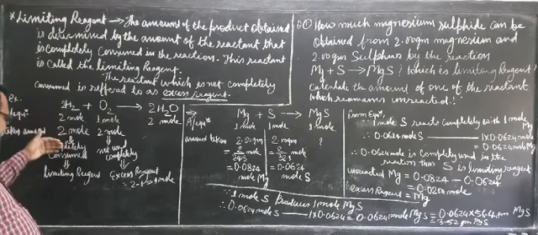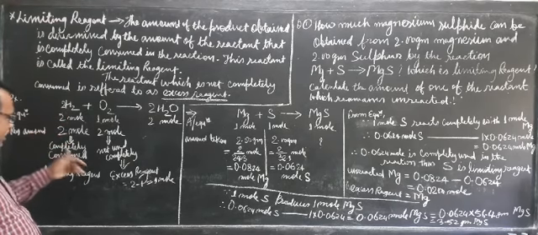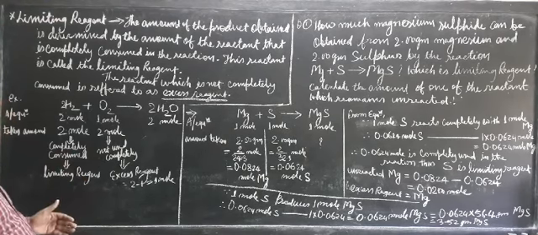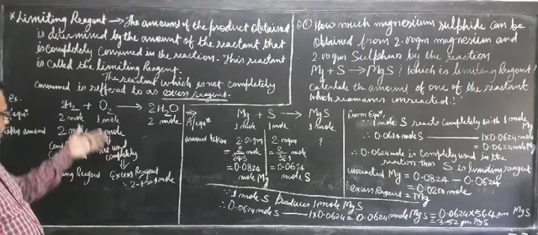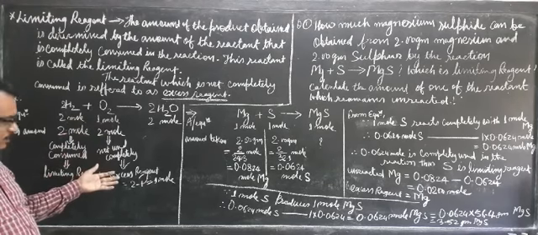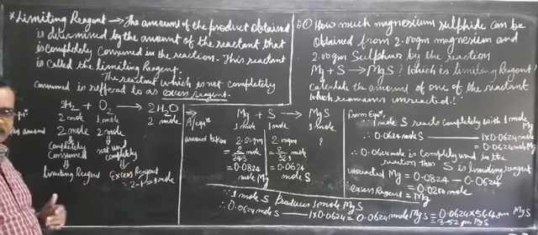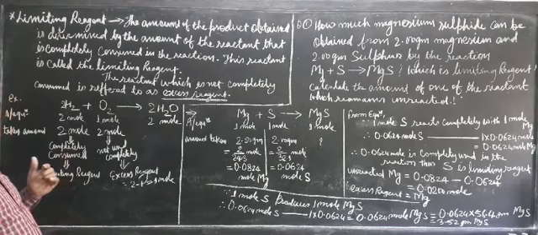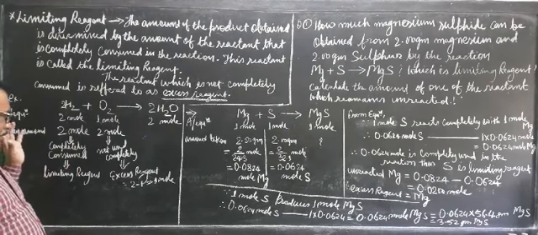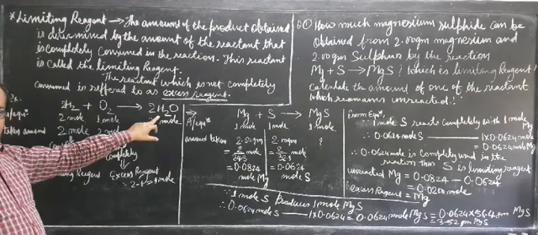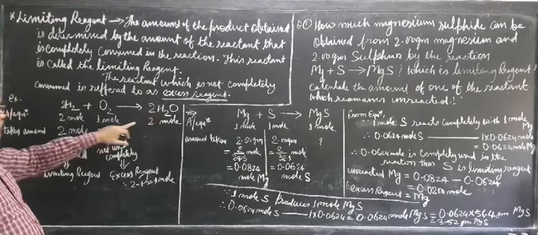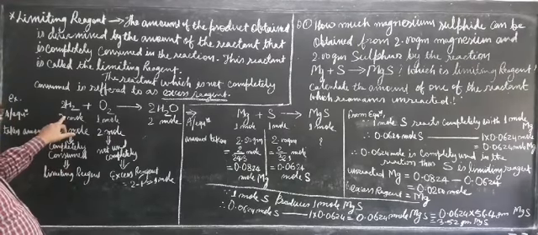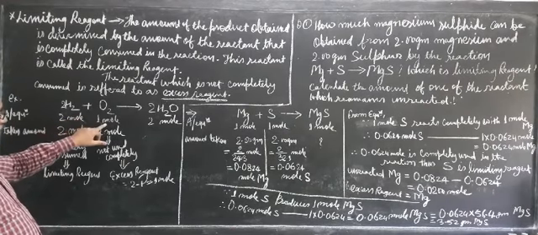The reagent which is completely used up is known as the limiting reagent. Limiting reagent means limiting the reaction, it stops the reaction. And the reagent which remains in the reaction is known as the excess reagent. So two terminologies: limiting reagent and excess reagent. And now the 2 mole of water is formed here. During the formation of 2 mole of water, 2 mole of hydrogen is used up, and only 1 mole of oxygen is used up.